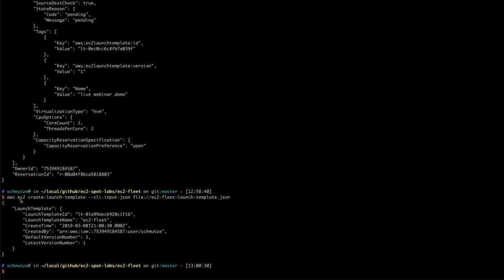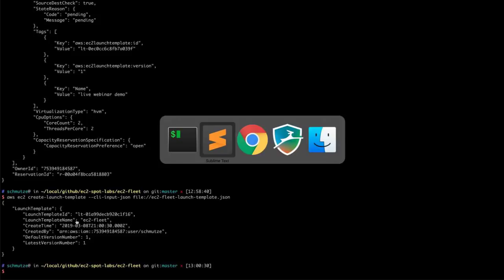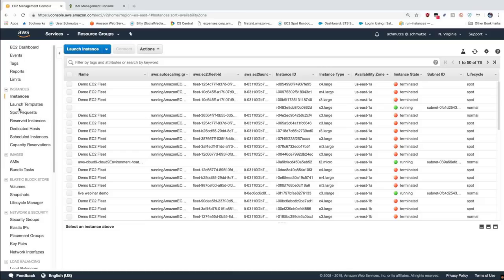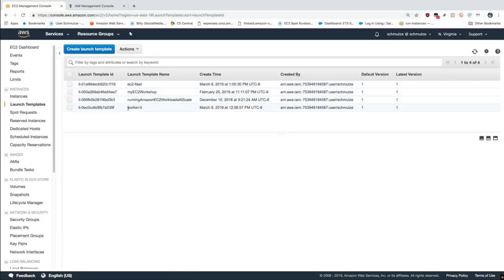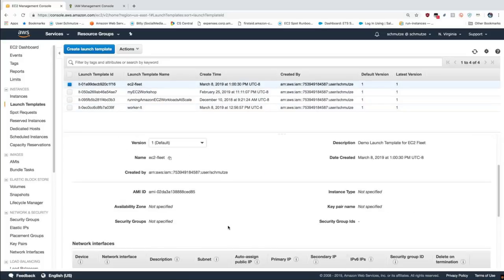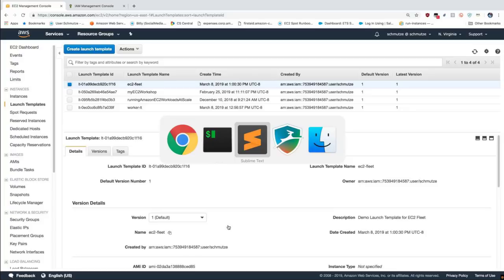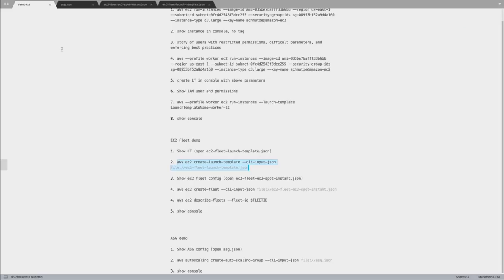Okay, so I've created a brand new launch template. I've had this returned here. Let's take a look here in the console under launch templates, and we can see that I just made this launch template and it's ready for us to use. It's called EC2 Fleet and it's ready to go. So now let's go take a look at the actual EC2 Fleet